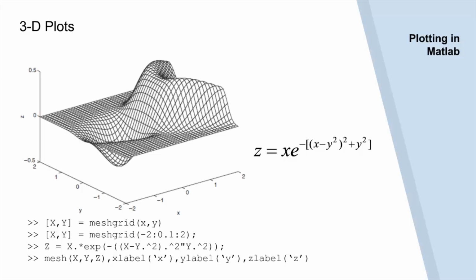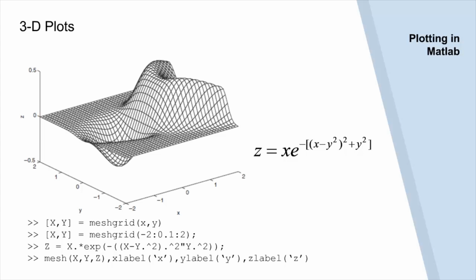After the grid is computed, we can create the surface plot with the mesh function. Its syntax is mesh(x, y, z), so it takes x, y and z as input. The grid, label and text functions can be used with the mesh function as well, and in the same manner as in the plot function.